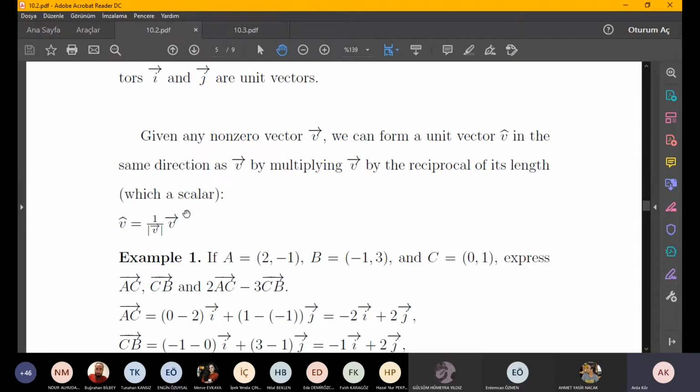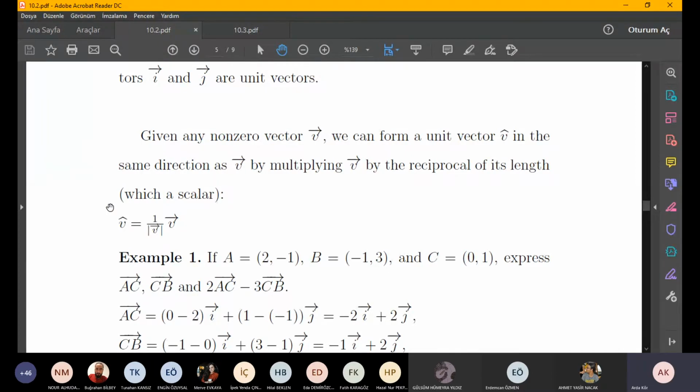Then if you try to express a unit vector in the direction of v, you want it in the same direction, but with length 1, so you have to multiply it by 1 over the length of v. So v over the length of v will express a unit vector in the same direction of